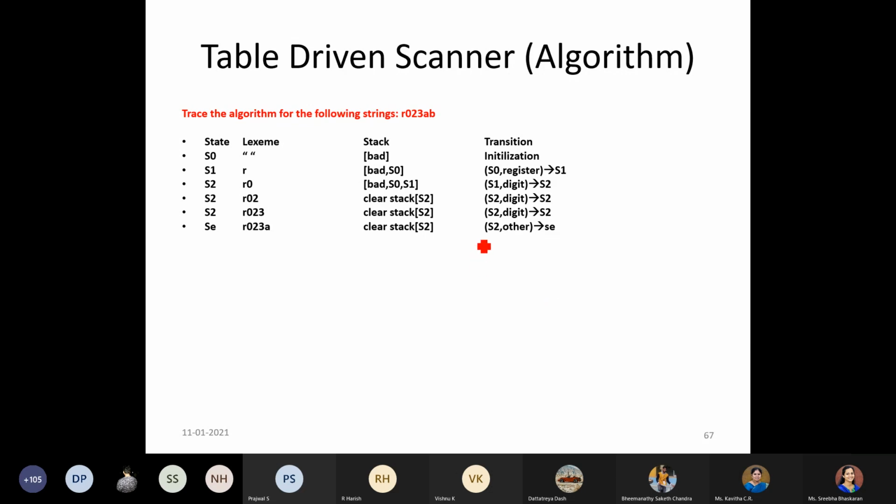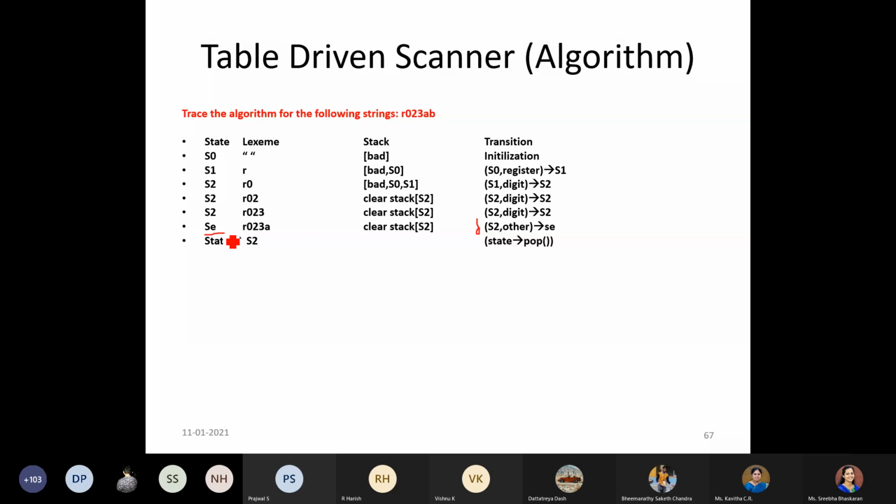So what is the content you have in your category table for A? It would be others. So the transition of S2 with respect to others, you would be reaching the error state. Once you reach it, the state information you would have by the end of this iteration would be SE. So now you are comparing whether you are in that particular loop, and what happens? You would be coming out of that loop because you have reached the error state.